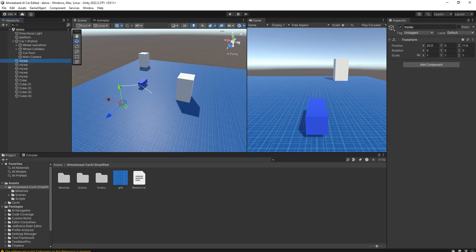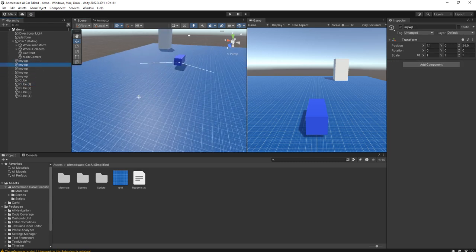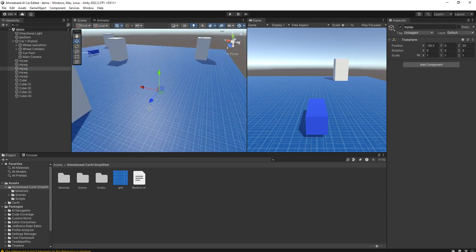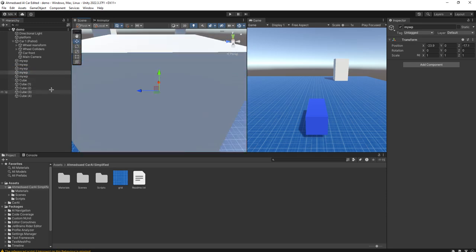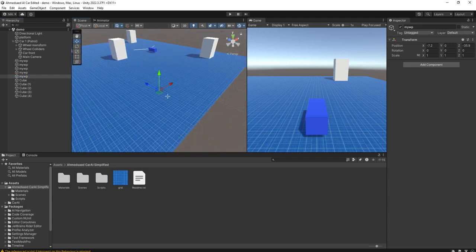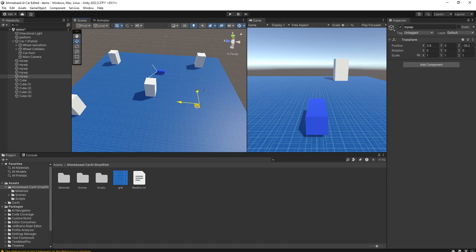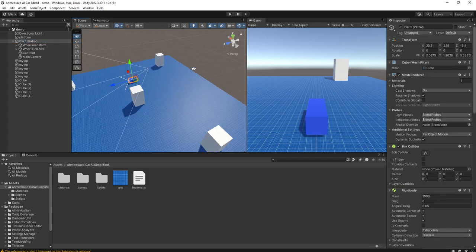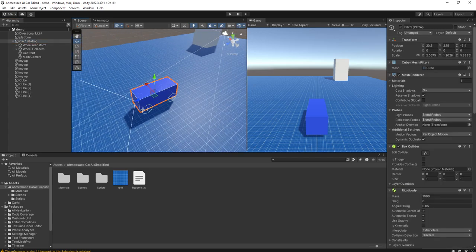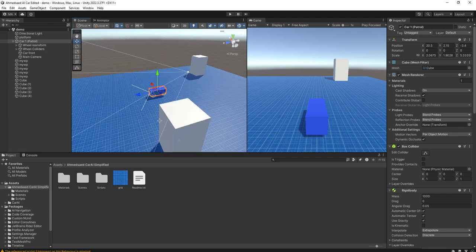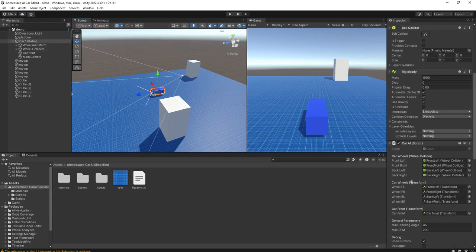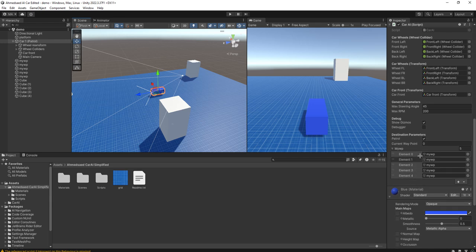They are here: first waypoint, second, third, fourth, and fifth. I have five waypoints, and I can add more waypoints by duplicating this empty game objects. And this is the car script. I attached a camera behind the car, and the script now, as you can see, previously I've shown you that